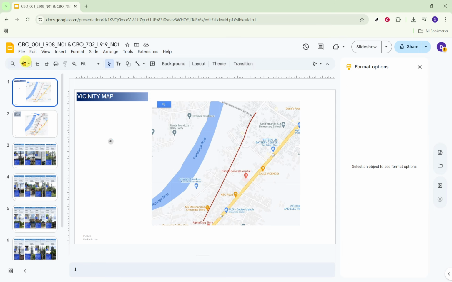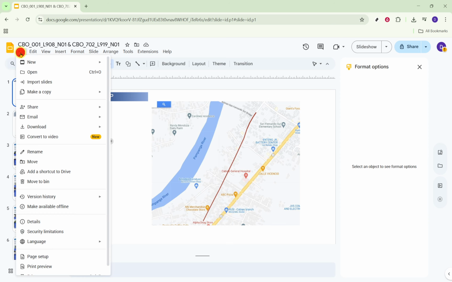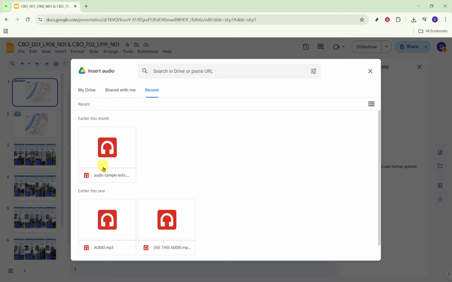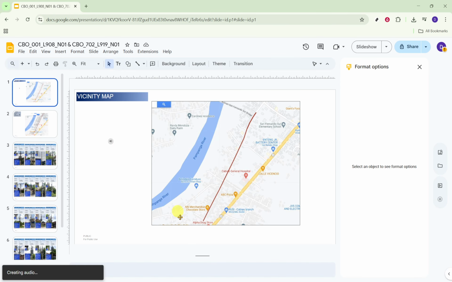You can drag it to a corner to keep your layout clean and resize it if you want it more discreet. On the right, the Format Options panel typically opens to audio playback. Here you can set it to play on click or automatically when the slide opens, adjust volume, loop the audio, stop on slide change, and even hide the icon during presentation so your audience just hears the narration without seeing the control. Before sharing, switch to Present to test